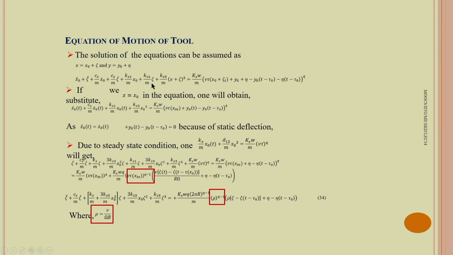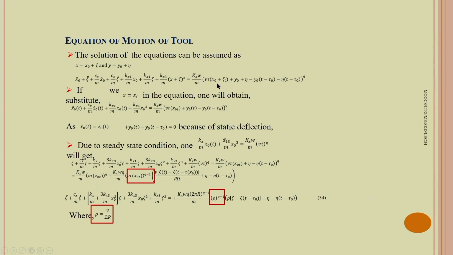So, that is why this equation can now be further written in this form, that is x double dot can be written as x0 double dot plus zeta double dot, plus c by m x0 dot plus c by m zeta dot, plus k by m x0 plus k by m zeta plus k x3 by m into (x0 plus zeta) cube, equal to k x w by m